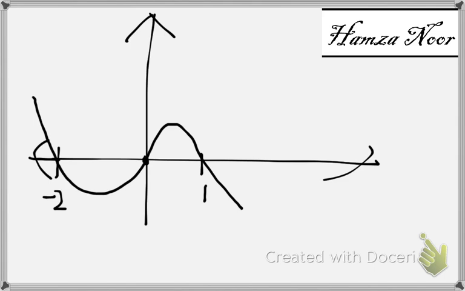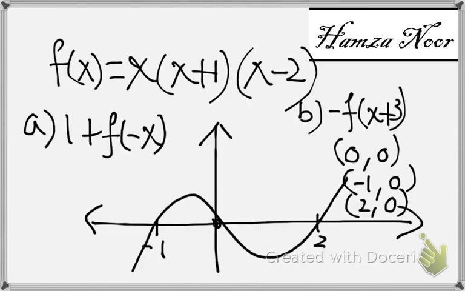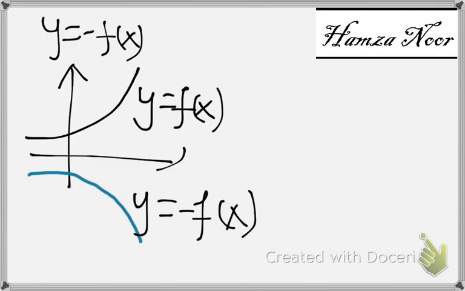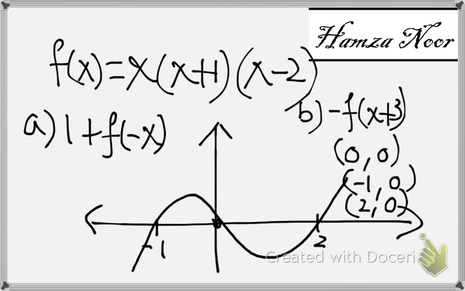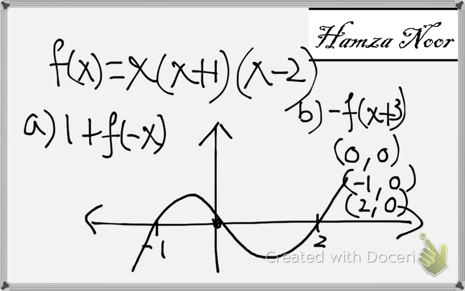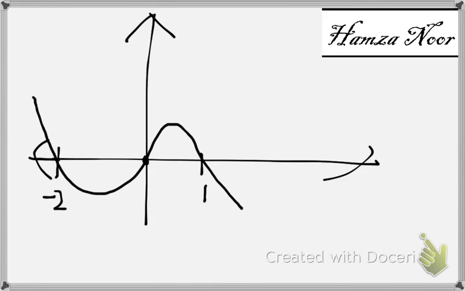This is basically the reflection in the y-axis, but part A is still not complete. Now you need to perform a vertical translation of 1, because a constant term is added outside the function. So shift this graph vertically with a translation of (0, 1). If you mark these coordinates over here,